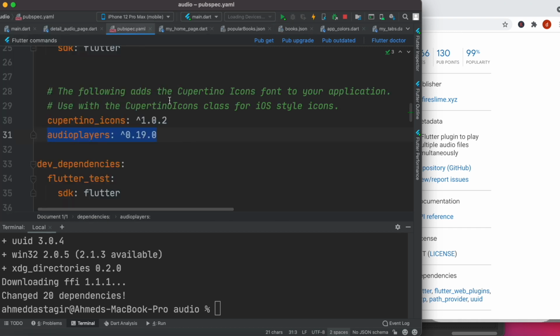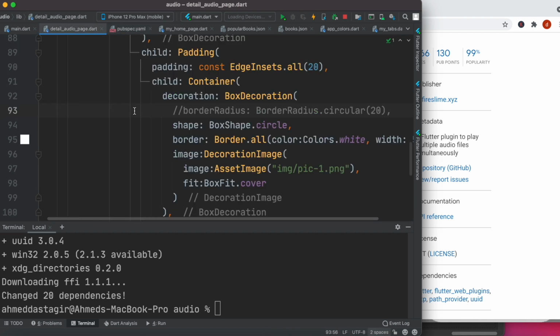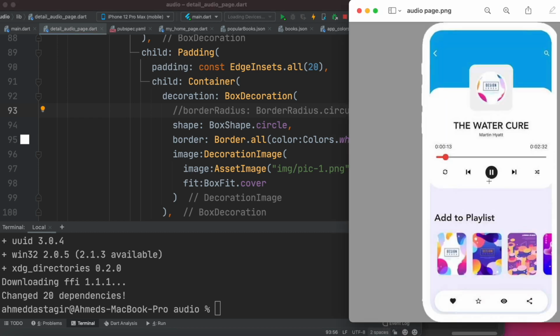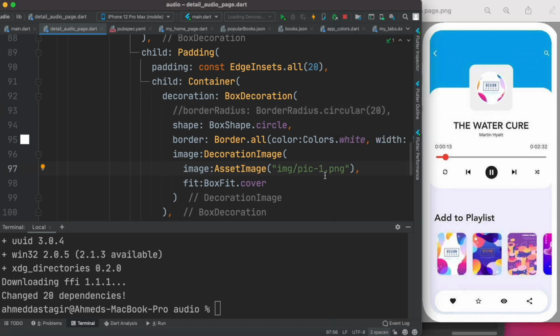But now the problem with the audio player plugin is that it comes with very basic functionality. It actually supports a lot of functionalities, but there is no direct way to use them. So in the rest of this tutorial I'll show you how to build these different buttons, like for example, where is my image? Okay, this one. So different buttons: slow forward, fast forward, repeat, and close the page when you go to another page, or close the audio automatically and start the next audio. Okay, so now audio player has been installed,